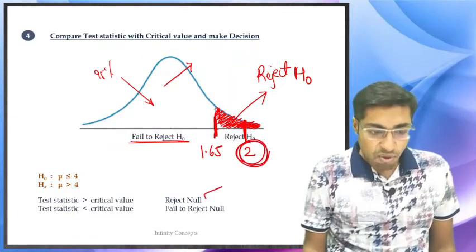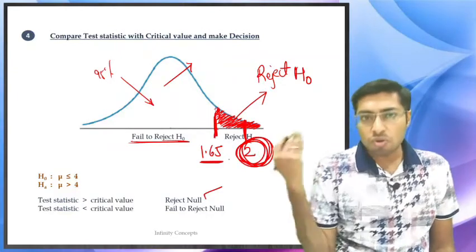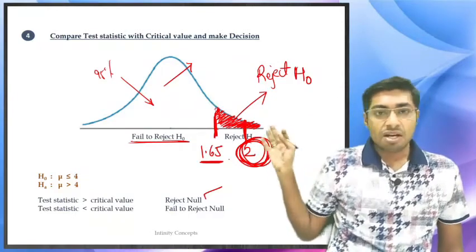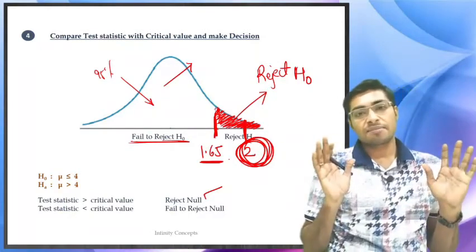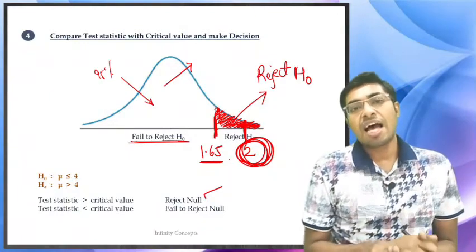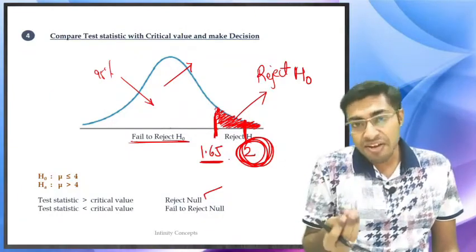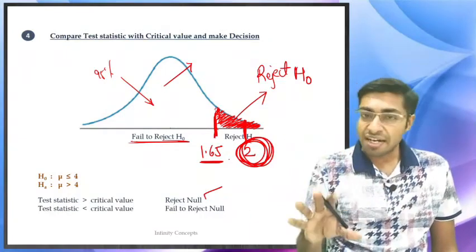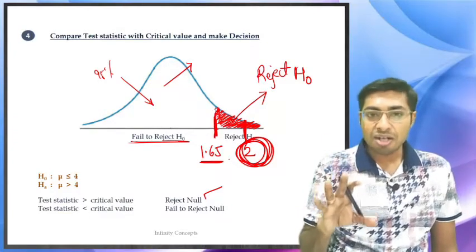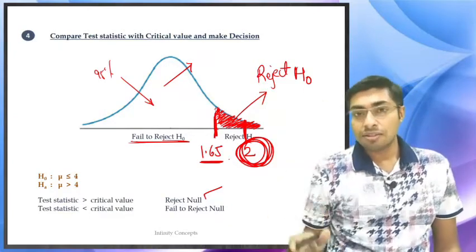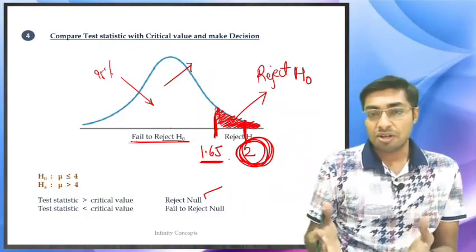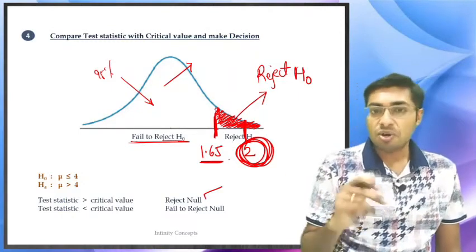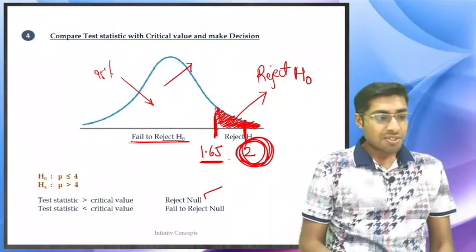If the test statistic was less than the critical value, instead of 2, we would have got 1.1. Then it would be less than this critical value. Then we would have failed to reject the null hypothesis, and with a very small face, we would have to tell the world that my statement has not been statistically proved correct. The returns are not more than 4% for the whole stock, the 22,000 stocks. The returns may be less than 4%. This is what you will have to tell the world. Fine. So this is what we did.